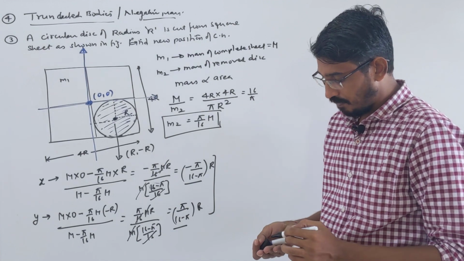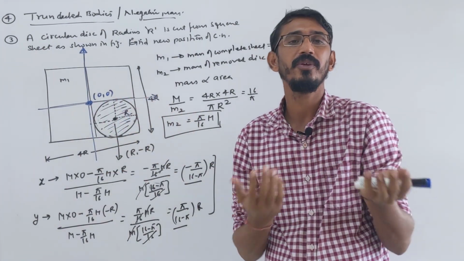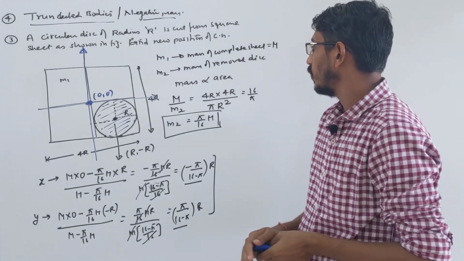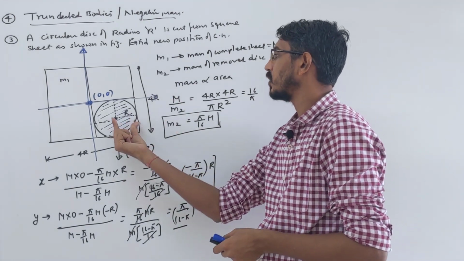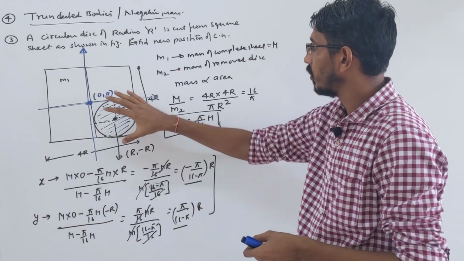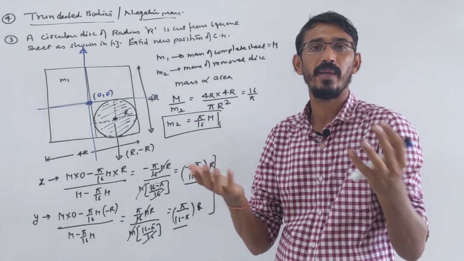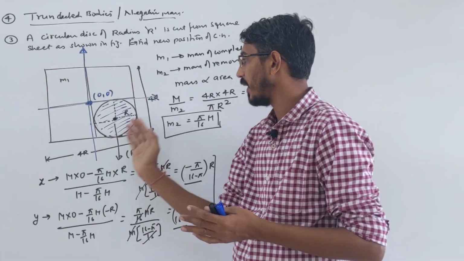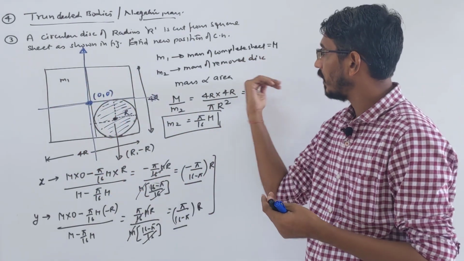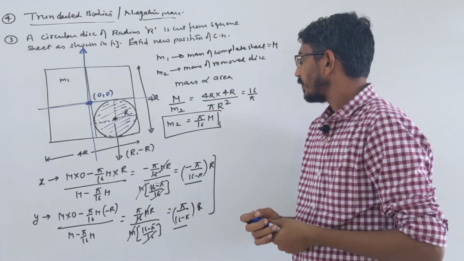Correct? So simple. Whatever part is cut and removed, we call negative mass. So for a two-dimensional body, when you want to find the mass of the other part, one part will be given, either the complete body or the removed part's mass, and the other you have to find. You can write mass proportional to area in the case of two-dimensional bodies like a square sheet, or you can use the volume concept, like in a sphere problem, right?